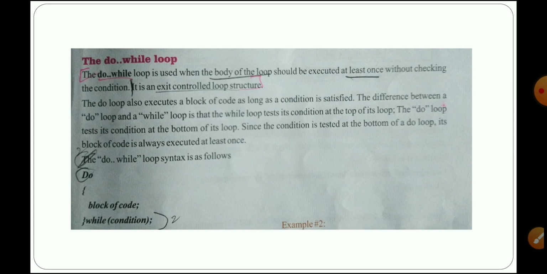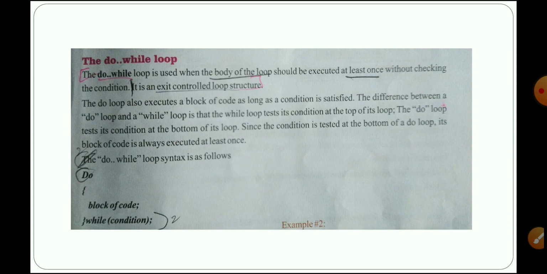But here, first the block of code will execute, and only then the condition will be checked. That is the difference between while and do while.